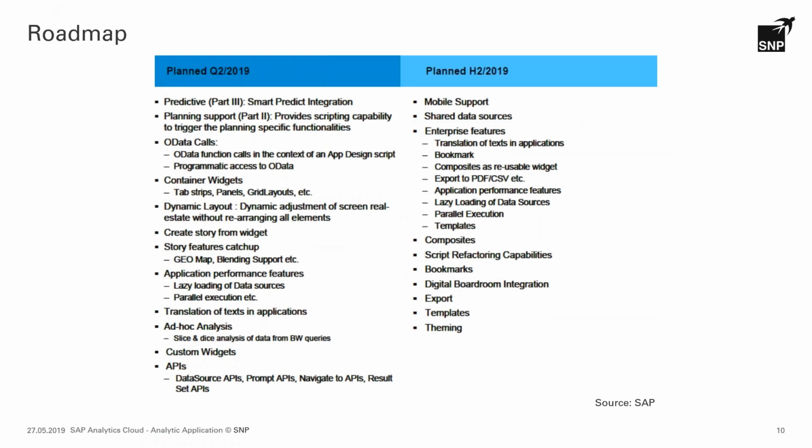Now I want to discuss the roadmap, the plan of developing the app design according to the SAP information. And plans for the second quarter of 2019 are presented on the left side. It's a smart predict integration, scripting capability for planning functions, also OData calls, that's the support for OData data sources,